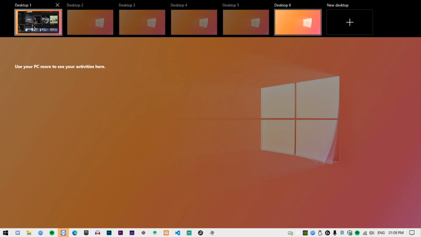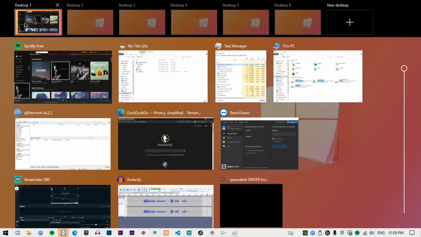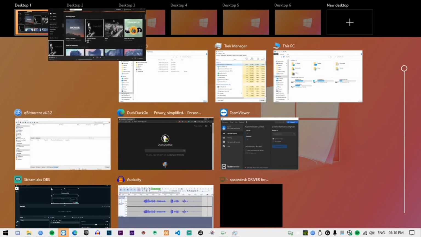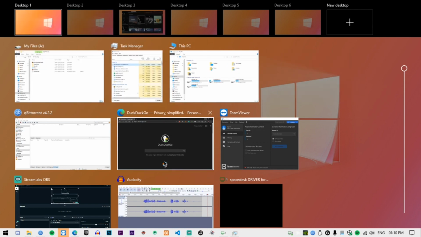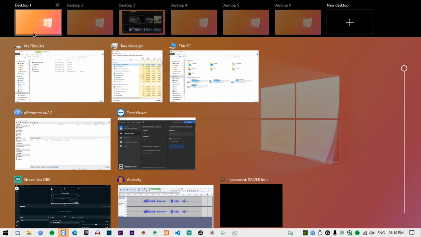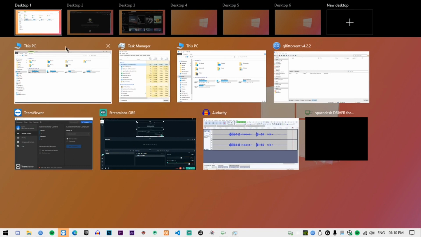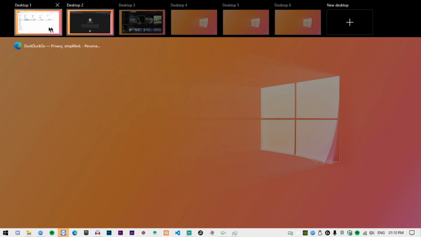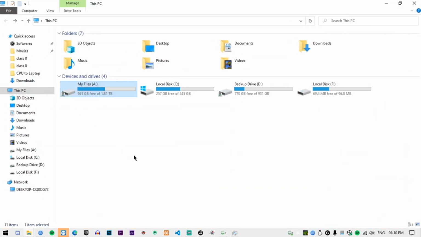So how this helps is, say you are on the first desktop and you want to keep your Spotify, your music playing app, on a third desktop, and your web browsing on your second desktop, and all the other apps on the first one. Once you want to switch to another desktop, you can either do Windows Tab and click on the desktop you want, or there's a Windows shortcut for that too.